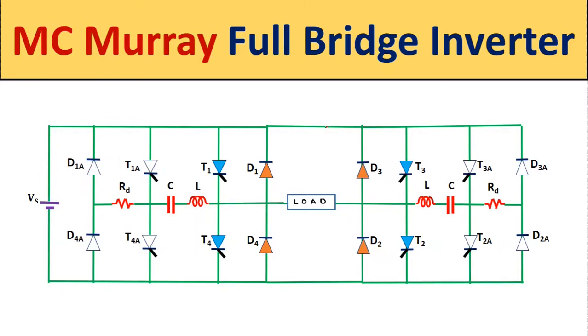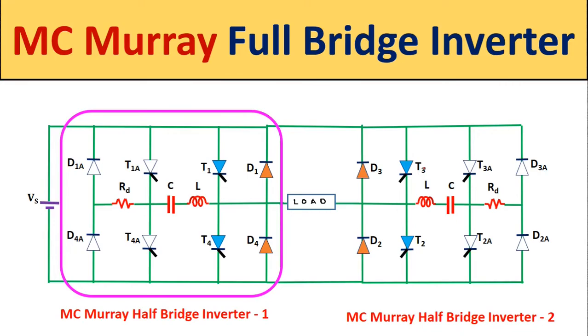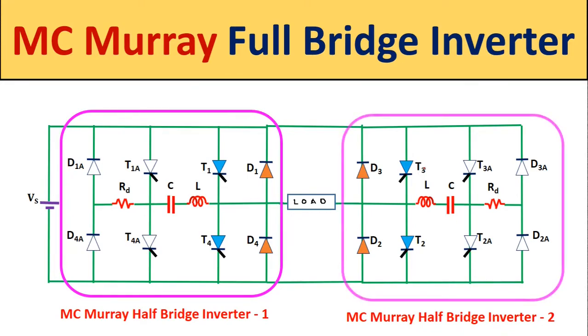As we are using 4 main thyristors here, this circuit is called a full bridge inverter circuit, whereas in the half bridge inverter circuit we were using only 2 thyristors T1 and T2, therefore it is called a half bridge inverter. Here you can see this McMurray full bridge inverter consists of 2 half bridge inverters. This is the first McMurray half bridge inverter. This is the second McMurray half bridge inverter. So when we combine 2 McMurray half bridge inverters through a load, it becomes a McMurray full bridge inverter,